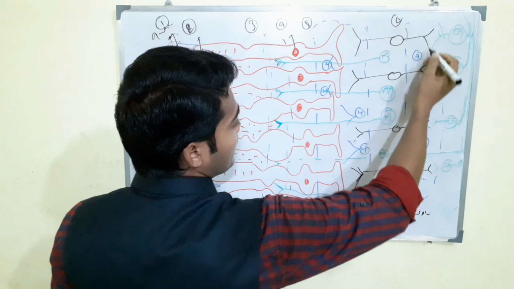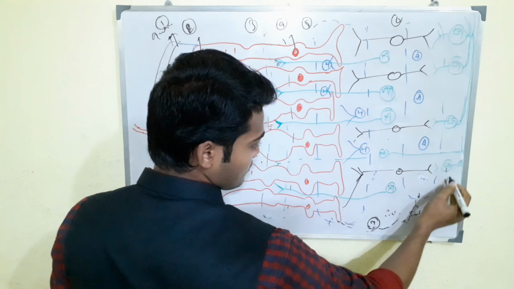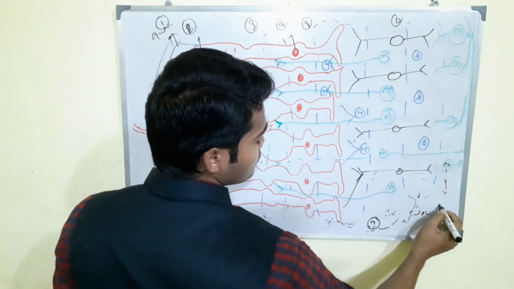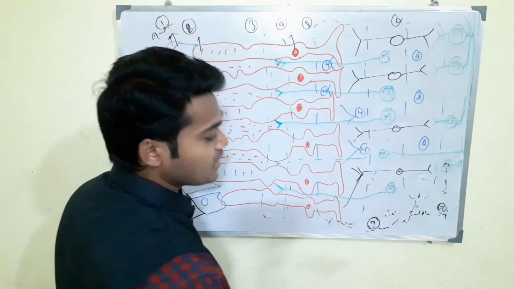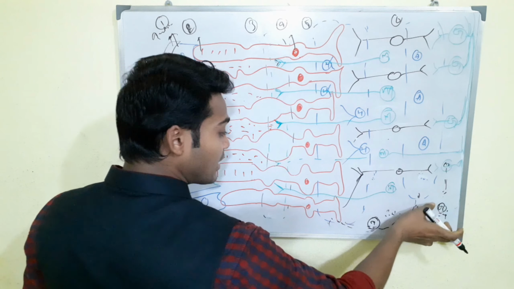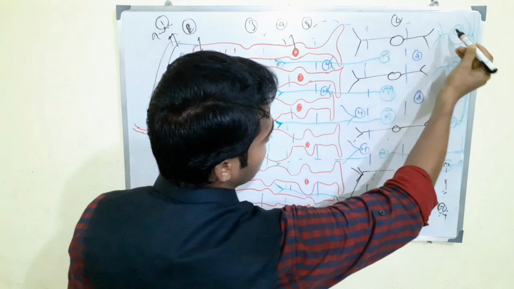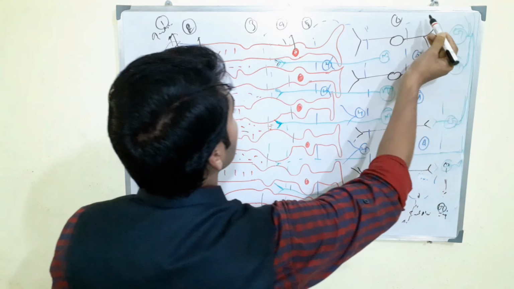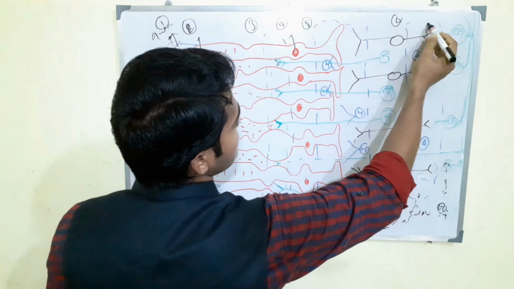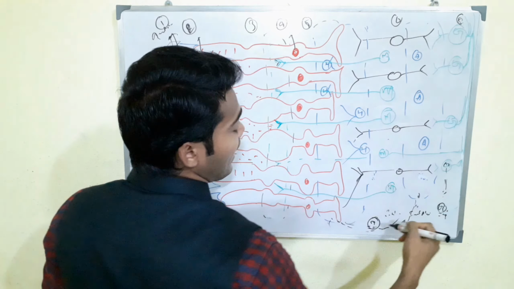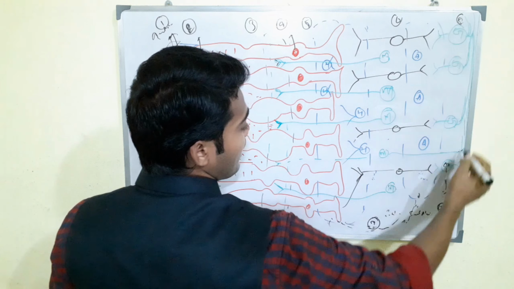Now what about the 8-1? Basically 8-1 is the ganglion layer, right? Because this is the ganglion cell, so 8-1 is the inner ganglion layer. Basically the ganglion layer is never called the inner ganglion layer, simply the ganglion layer. So up to here it is 5, then 6, then 7, then the ganglion layer is 8, and layer 9 is the axon layer of the ganglion cell, and the